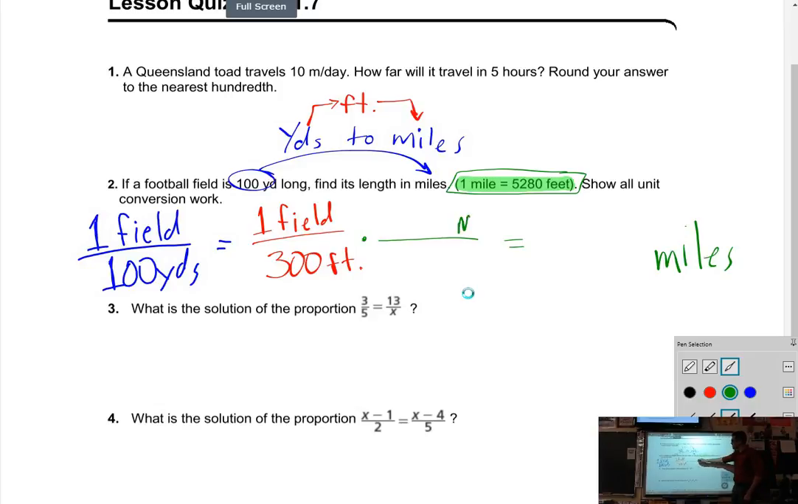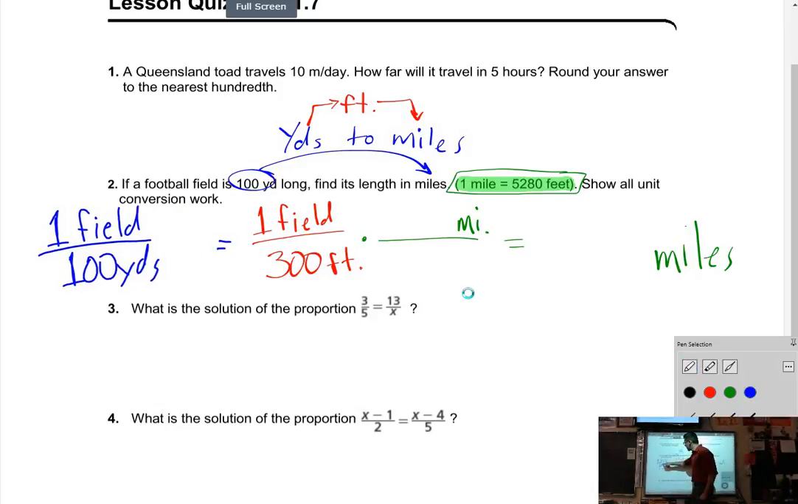I know that miles has to end up in my numerator. So I really actually have this set up wrong, because if I set up miles in my numerator, I need to cancel out feet, which is in the denominator. So to cancel out feet in the denominator, I got to have feet in the numerator. So I actually built this backwards. I need to